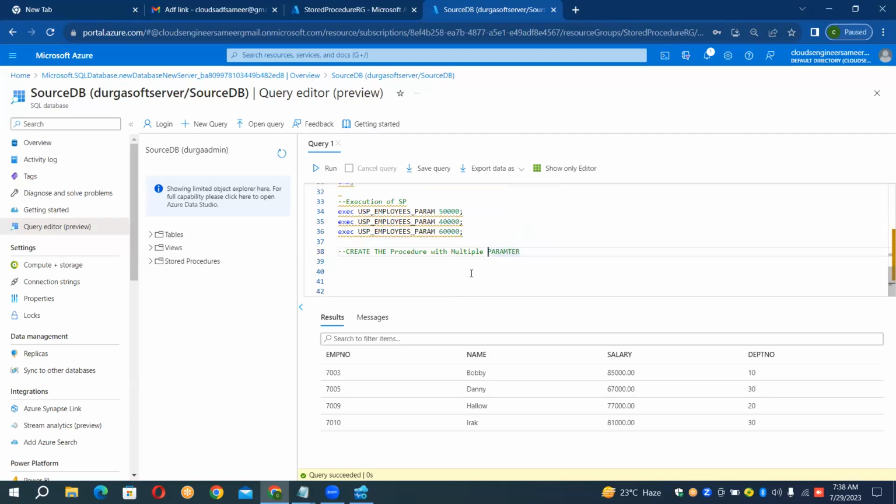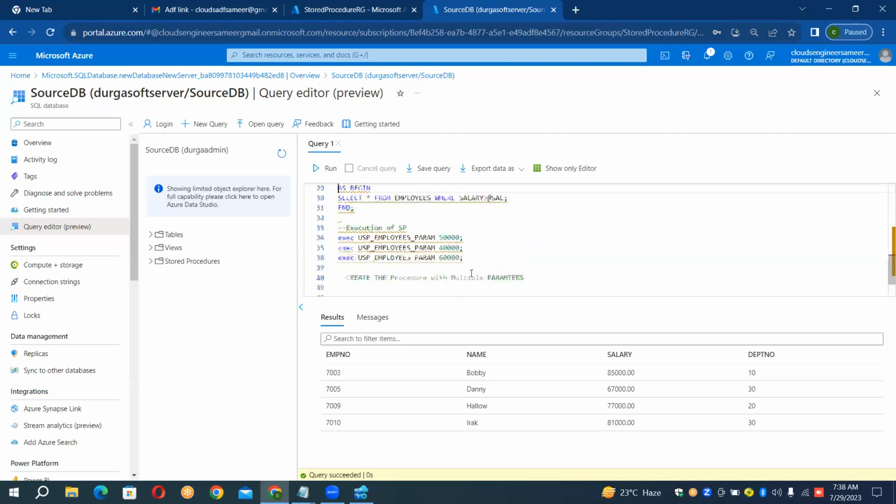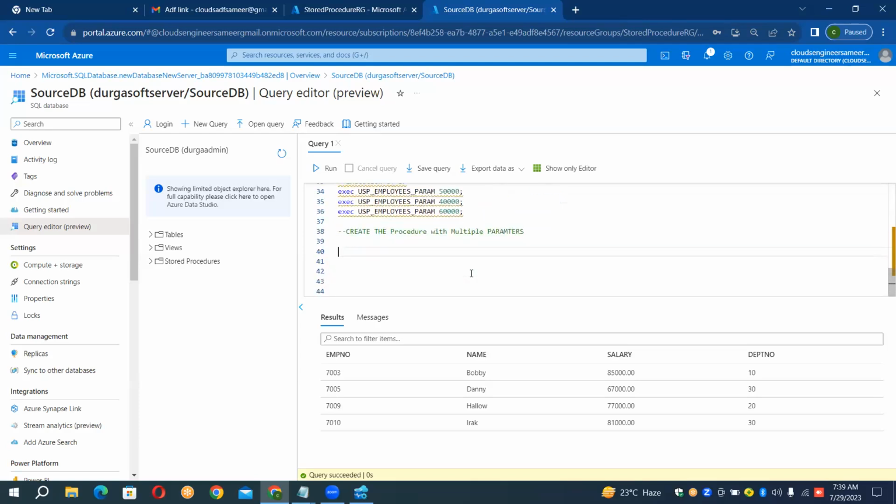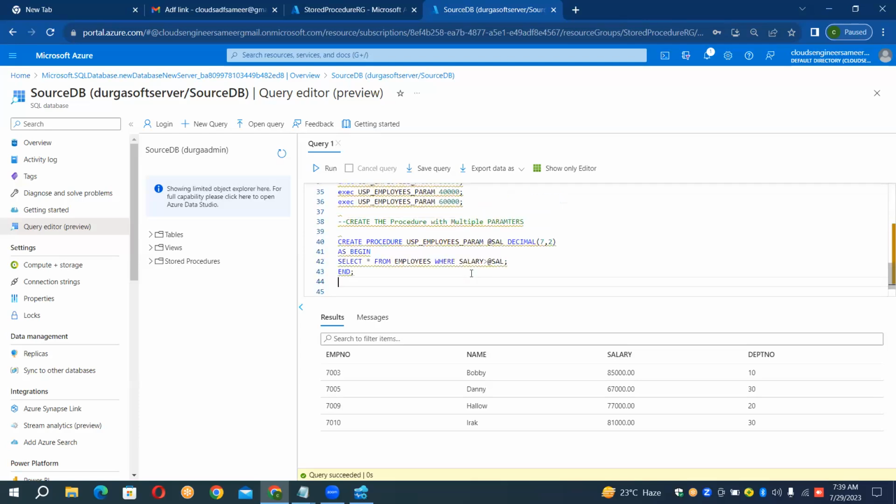Multiple parameters. Okay, multiple parameters. So I'm using it here. Everything is the same. Use it here, create procedure. I'm just using the same, but I'll change the names of the procedure. So create a procedure,